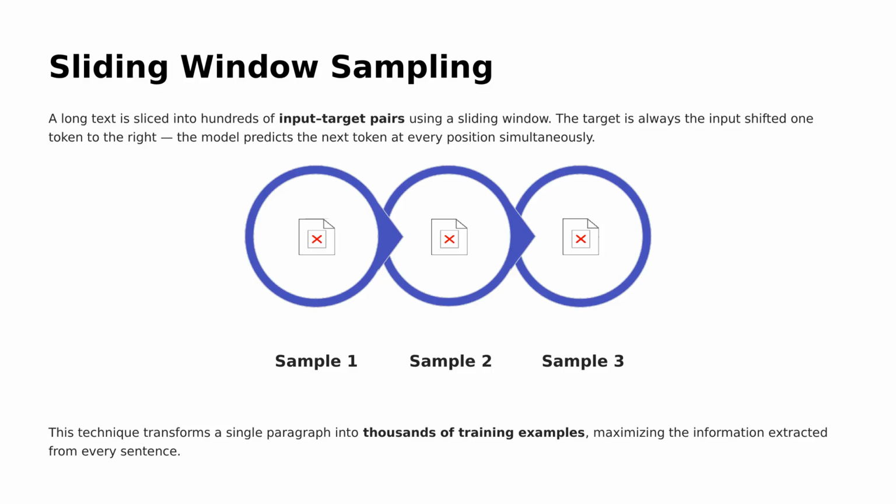Today, we'll explore sliding window sampling, a powerful technique in text processing. By slicing a long text into numerous input target pairs with a sliding window, we create training examples where the target is the input shifted one token to the right. This enables the model to predict the next token at every position. Essentially, this method turns a single paragraph into thousands of informative examples, maximizing the value extracted from each sentence for